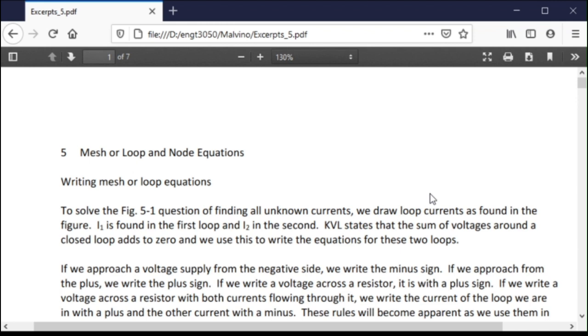or mesh equations. So mesh equations or loop equations are the way that most electrical engineering students solve the current and the voltage problems that we've been looking at from chapters 2, 3, and 4. And we use Kirchhoff's voltage law, basically, that says the sum of the voltages around any closed loop has to add to zero. And we get multiple equations and multiple unknowns, and that's basically how